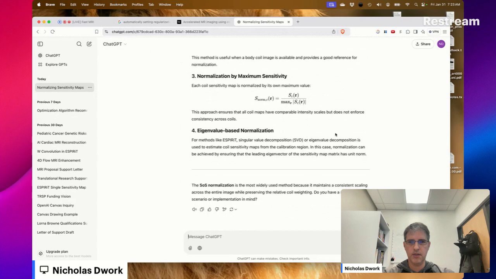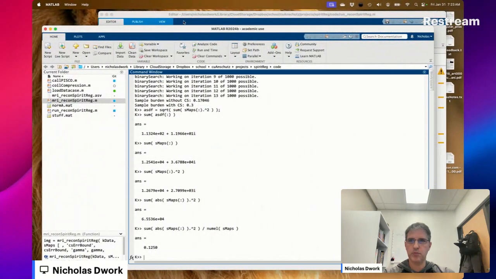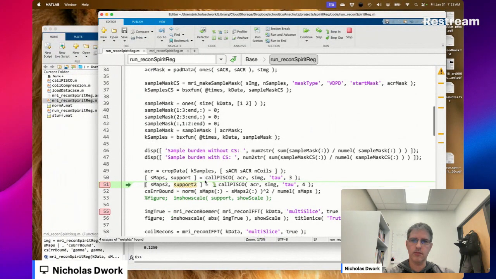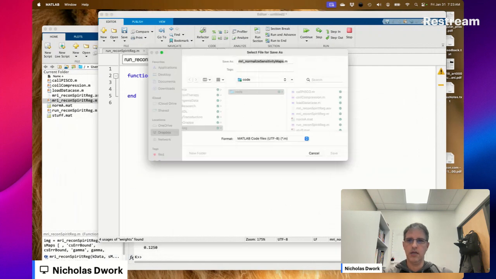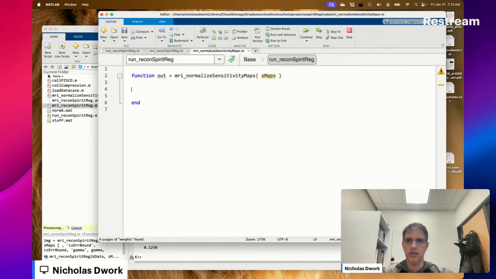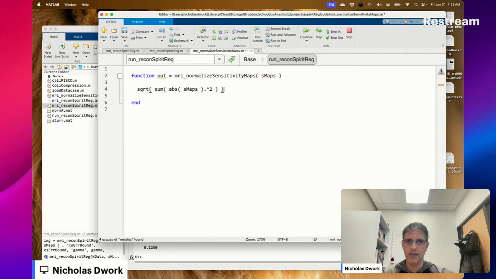Here's another one that's reasonable, so that the maximum magnitude of the sensitivity is 1. I like this one better. Normalized sensitivity maps: square root of the sum of the magnitude squared.